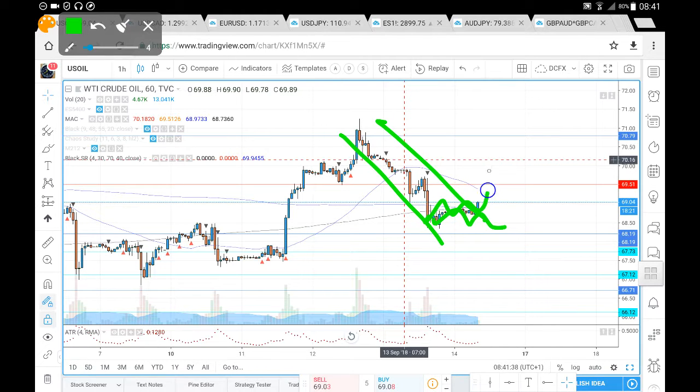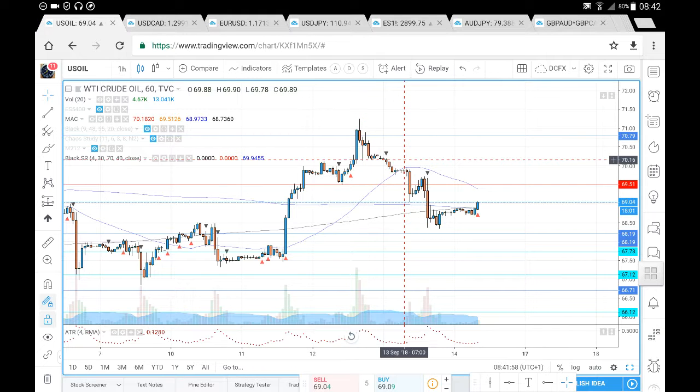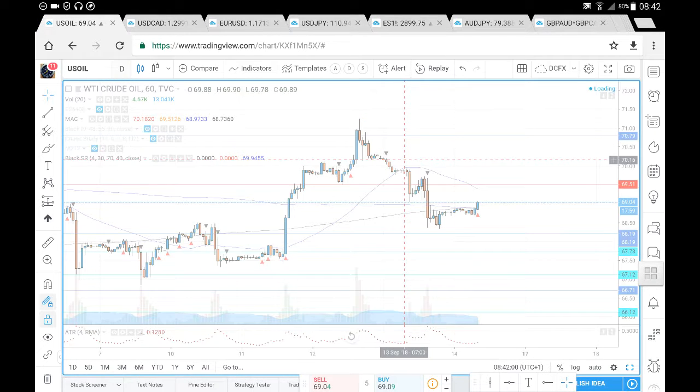the market. But we do appear to be breaking out of somewhat of this trend that was heading here to the downside. We do appear to be breaking out of it, so we'll look to see if we do have this continued bullish buy side momentum. But if we do fail and break back within this downward facing channel, then again we're possibly looking for that significant level of 67.12 providing support here on the US oil. What we'll do now is have a look here at the daily chart, see how prices are